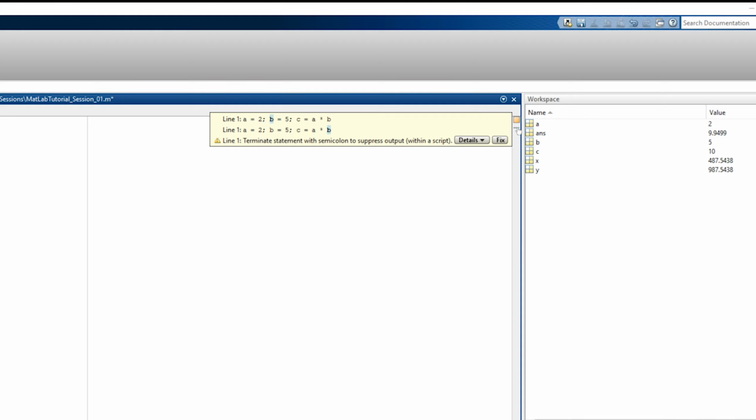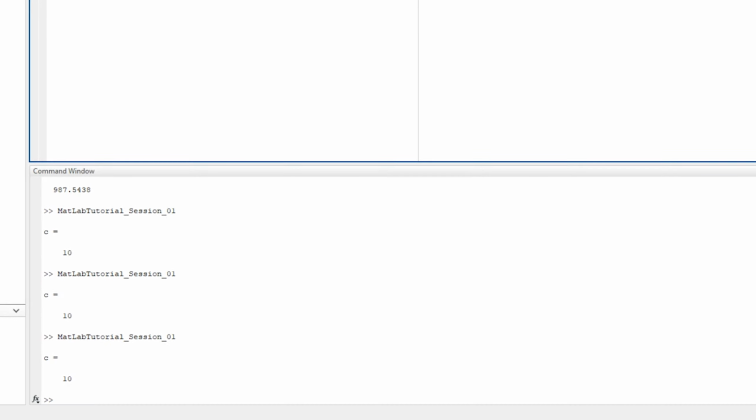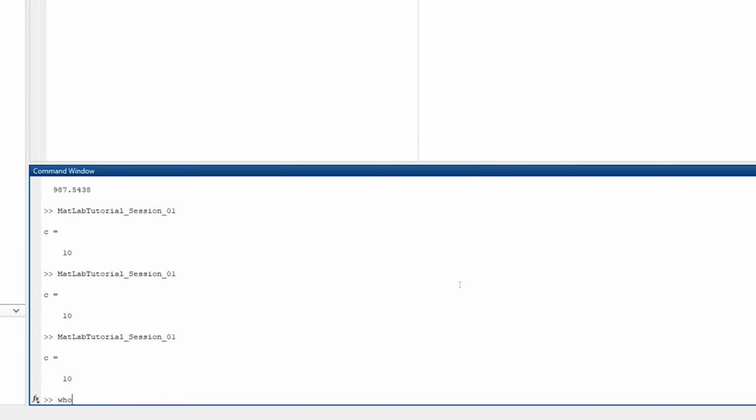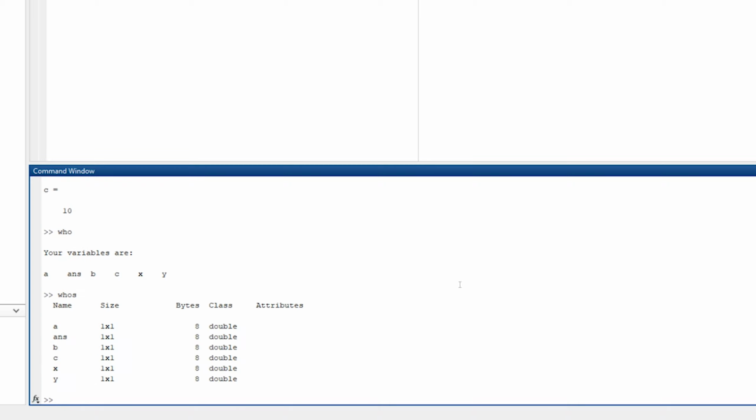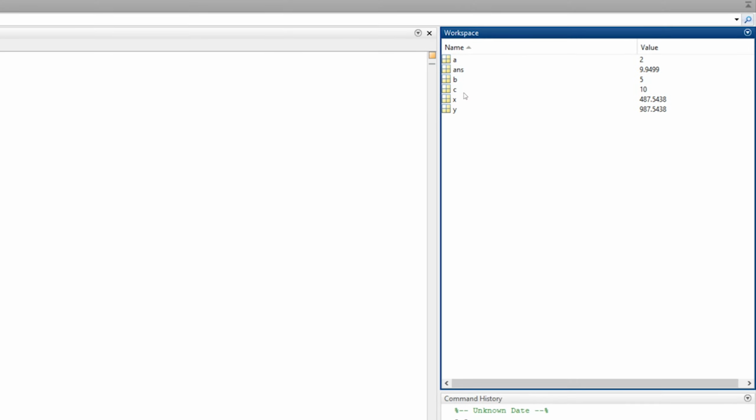After all this, we might forget which variables we already have. But you don't have to worry about this, because there are yet again multiple ways to solve this problem. For one, we can use the who command in the command window, and it shows us only the names of the variables. If more information is necessary, you can use the whos command to see the size of the variables as well as the bytes it takes to save them, and lastly the class. Another easy way is to simply look in the workspace, and this is my personal favorite. Frankly, I rarely use who or whos,